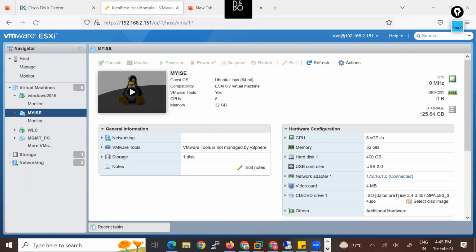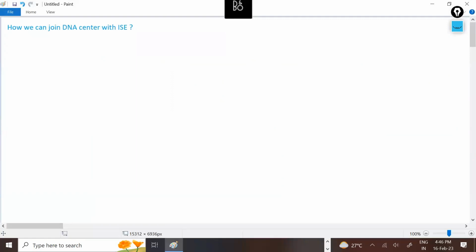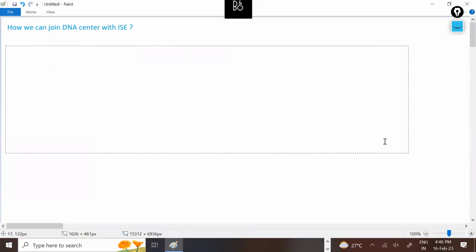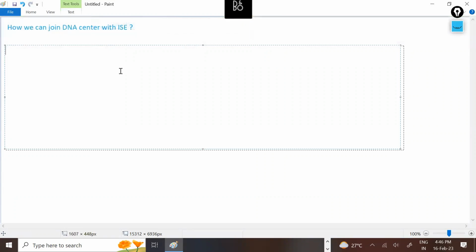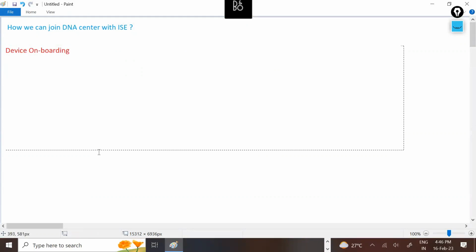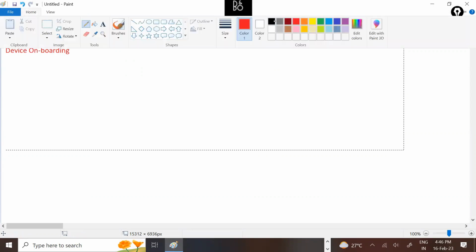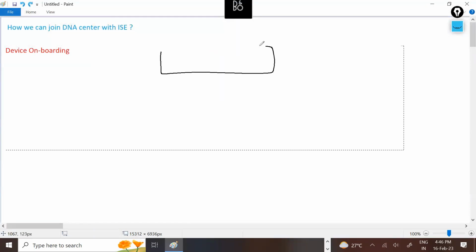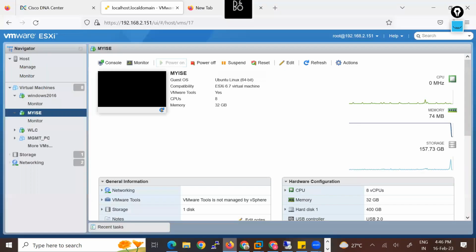Now in today's session, we will talk about device onboarding. So in a network, we have DNA Center. If you see here on this topology,